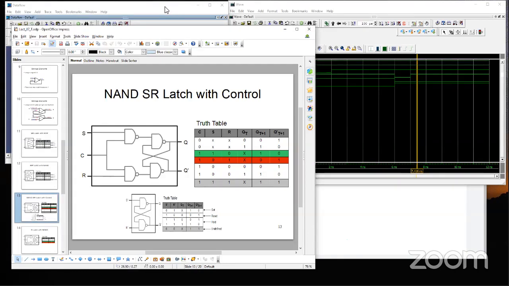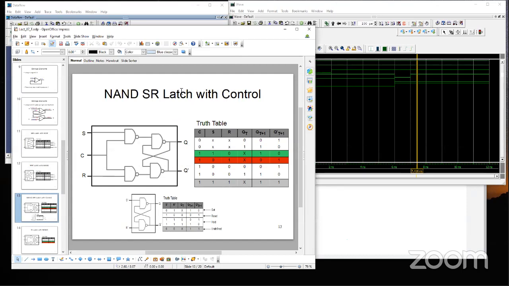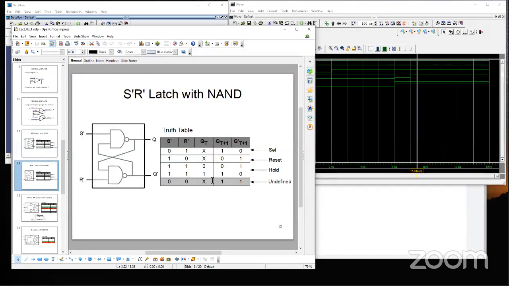All right. Now let's move on to the next one. The next one is the latch with a control. So what is happening is that we have this undefined condition, right? And people didn't like having to deal with that undefined condition, because it's dangerous to the overall system. If some element inside goes into the undefined state, we don't know the behavior of the entire machine. The entire machine's operation can be jeopardized with that.